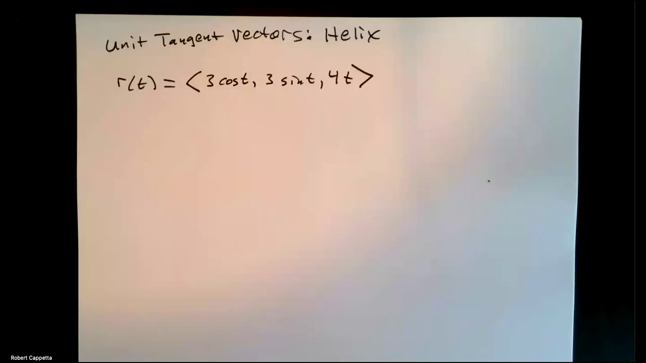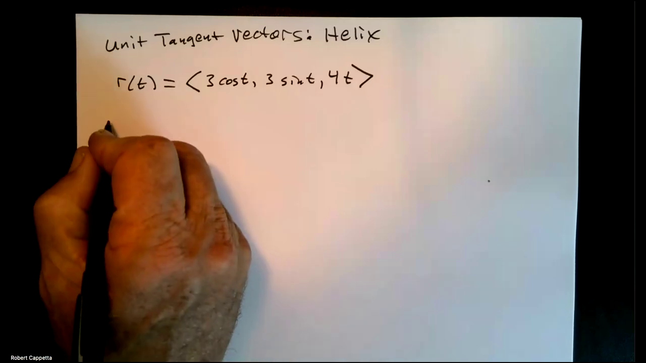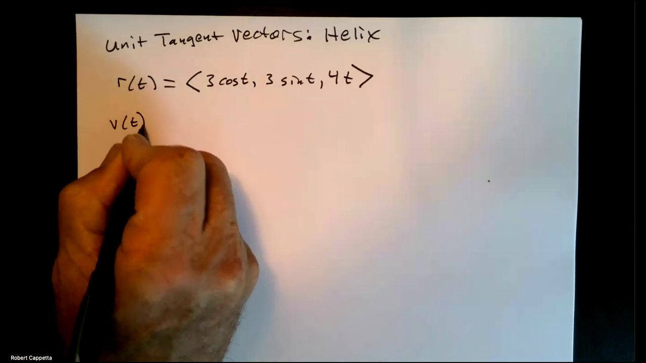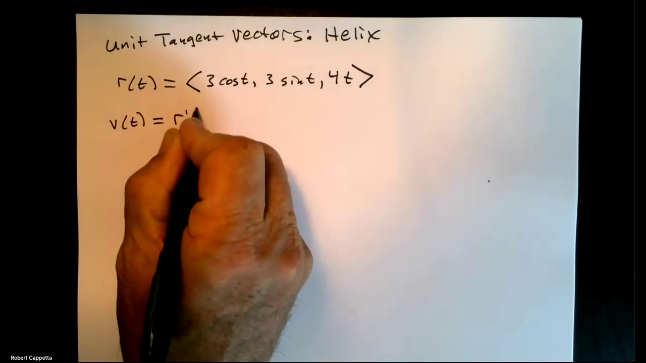We're going to take a look at the following. R of t is 3 cos t, 3 sine t, 4t. It is a helix, and we are going to do some analysis on the unit tangent vectors. So let's remind ourselves the velocity is going to be tangent, and the velocity is simply the derivative of the